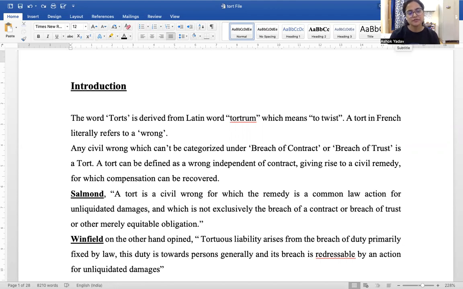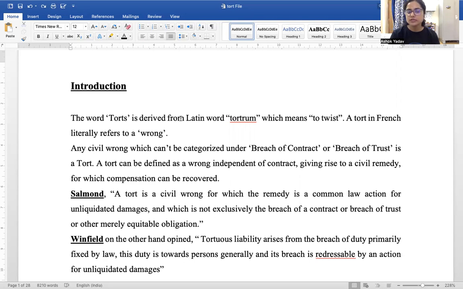I'm Rajni Yadav, and in today's class we'll be studying the subject of tort, and we'll be covering it from the perspective of this exam: what is important and what all points are important. All of that we'll cover in today's class, and it will be a kind of quick revision of tort, right? So let's get started. What is tort?